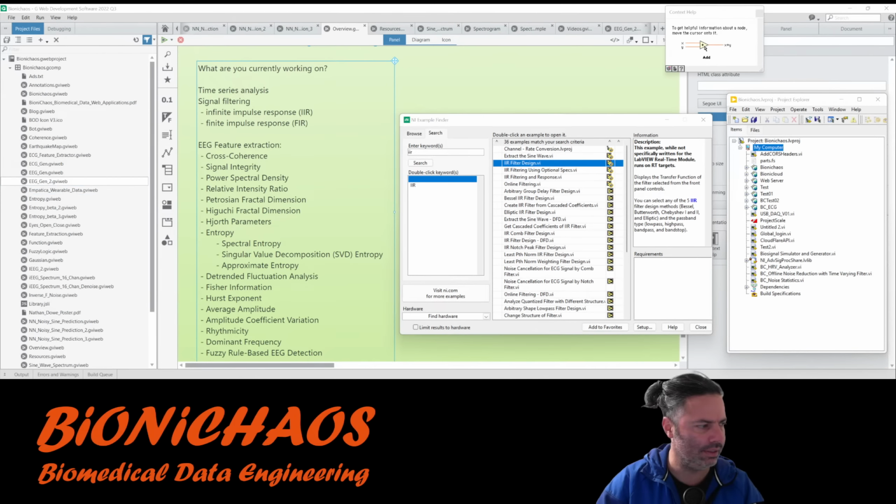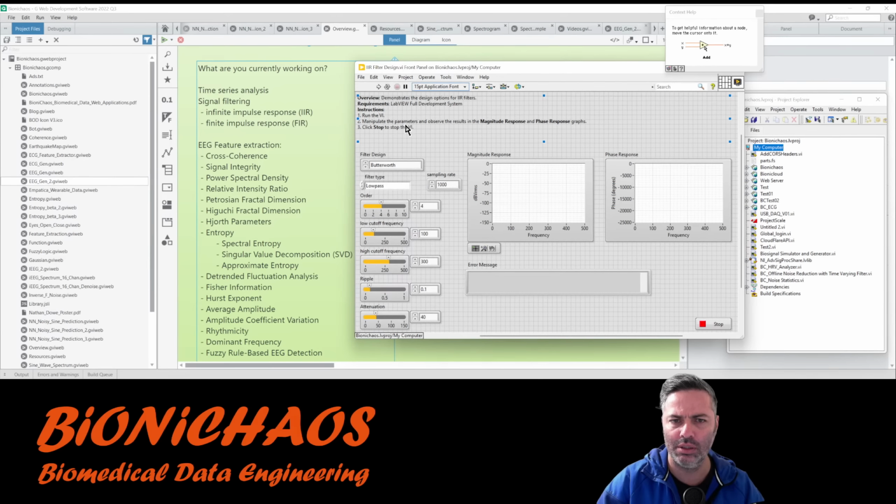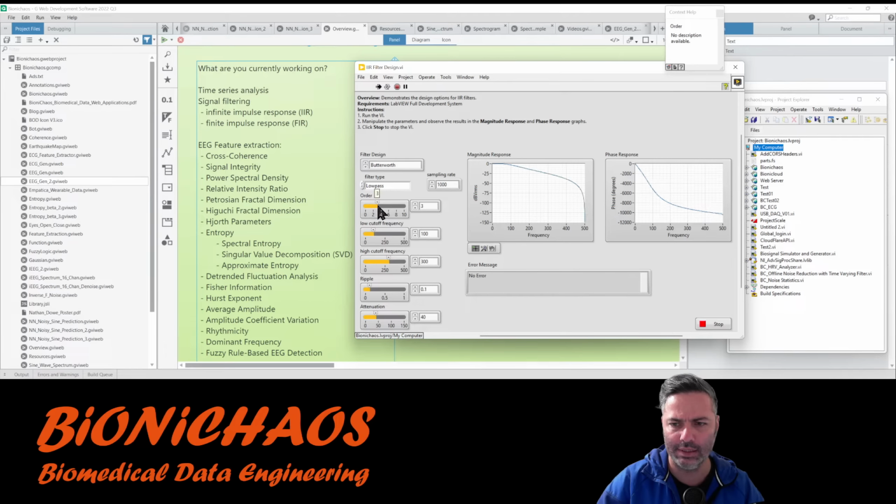We have this loading. We have an example of a tool like this. We can design your filter. It's not very useful because it's not applied to any specific signal.